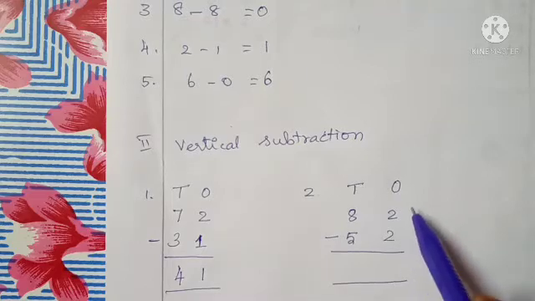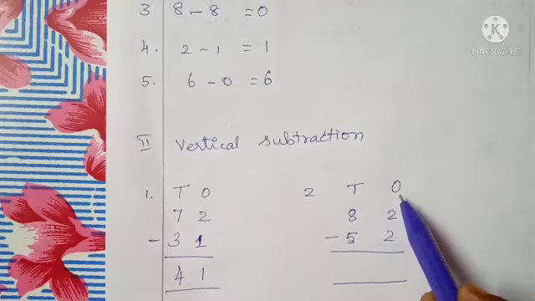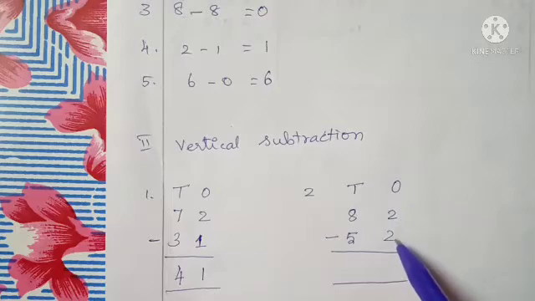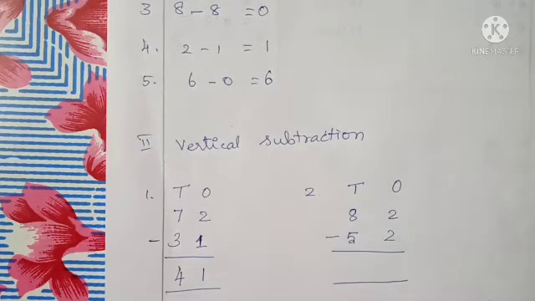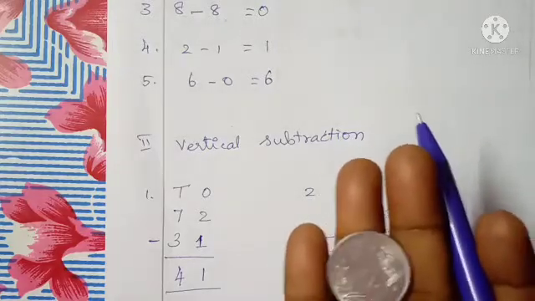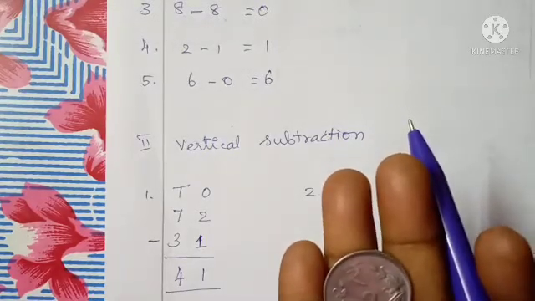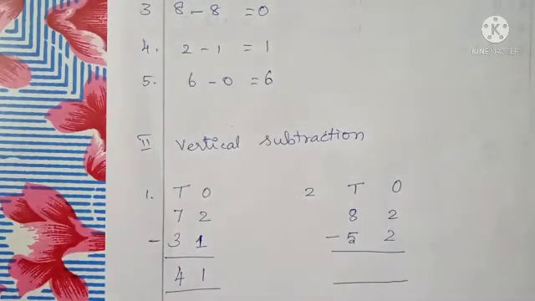Then the second sum, where we start the first step of the subtraction. Do the ones place first, on the right hand side. So 2 minus 2, the same number. If you have 2 rupees, or 2 pencils, or 2 chocolates, and give them to your friend, or your brother, or your cousins, do you still have 2 chocolates? No, you only had 2, so you give away 2. So this is 0, the same number. You get the answer, the subtraction is 0.